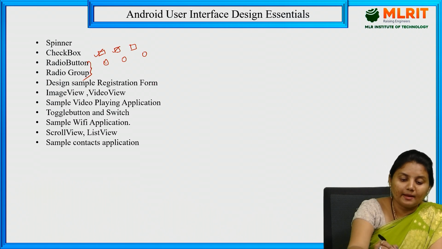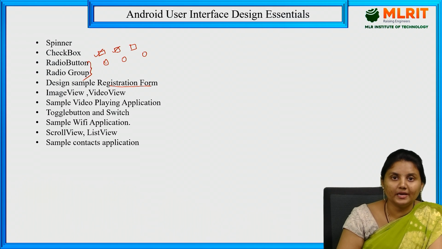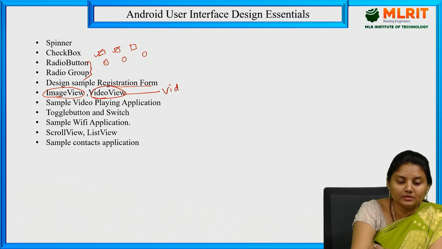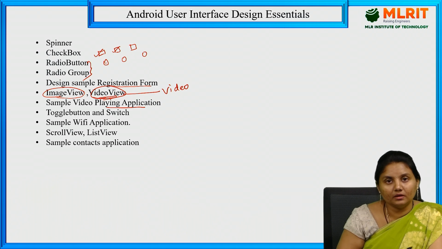And design a sample registration form. We'll see the sample registration form by using all the components that we have discussed so far. Then we also have image view and video view. Image view is where an image can be displayed. Video view is where a video can be displayed. And a sample video playing application. By using this video view, we will take the help of a small video and we'll see how to play that video